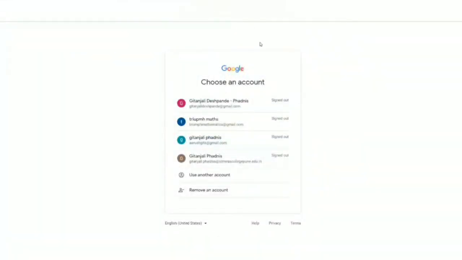So you can see this is the Google Gmail home screen. Here I have different choices. I have different accounts. So you can first click on the account on which you want to create a Google Classroom. So for example, I use one of my accounts here.